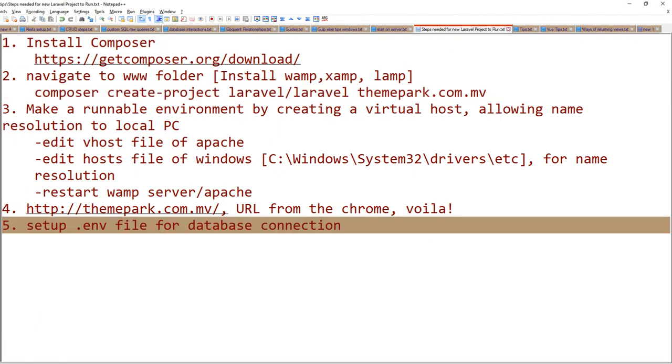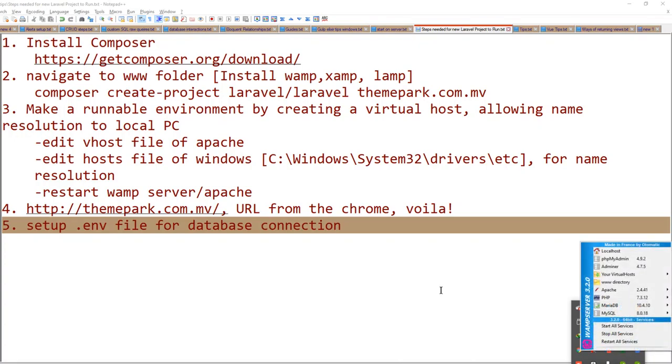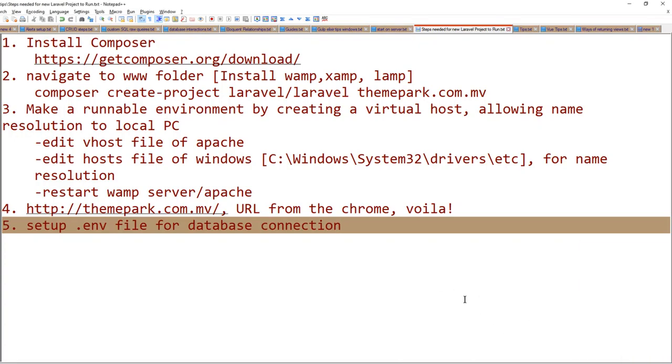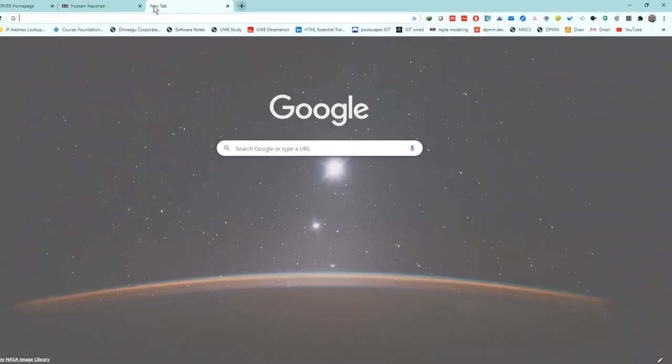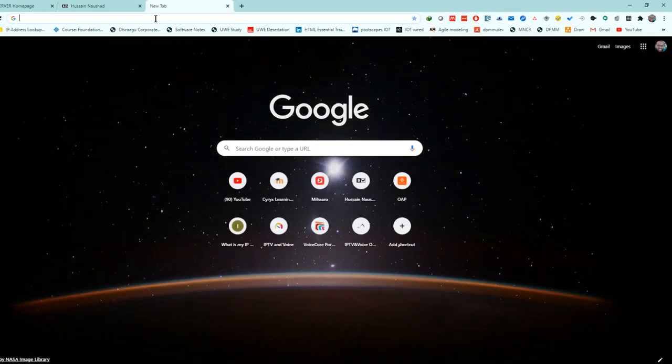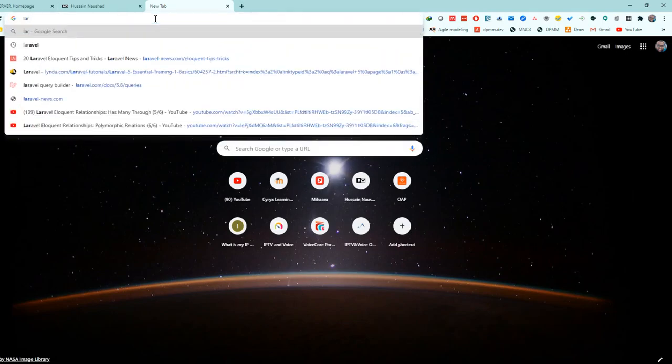After you do that, just go and hit Apache, right click, restart all services, or refresh. Okay, if you have done it earlier, also that's fine. Windows host file is not related to Apache, but you have to do the restart of Apache after you do the vhost file. What that does is that allows you to have the Laravel installation folder. So I actually deleted the Laravel installation folder already, but let me just show you